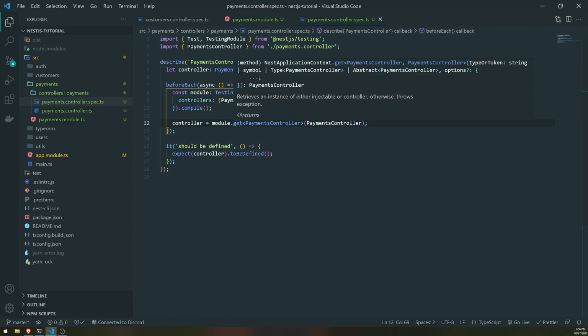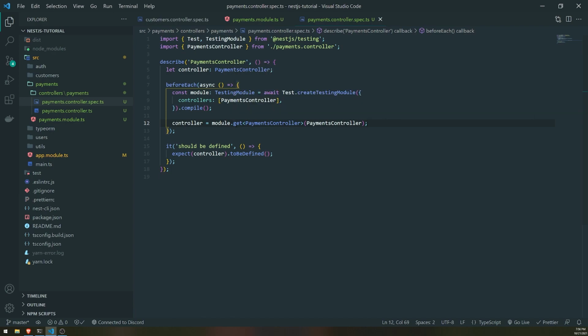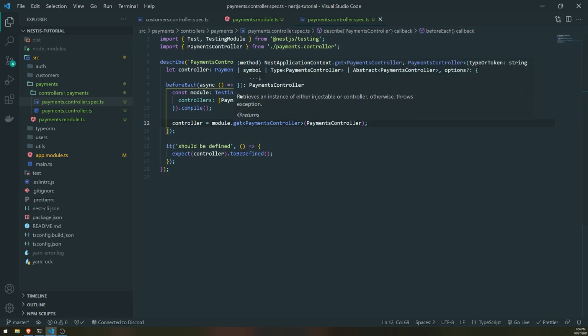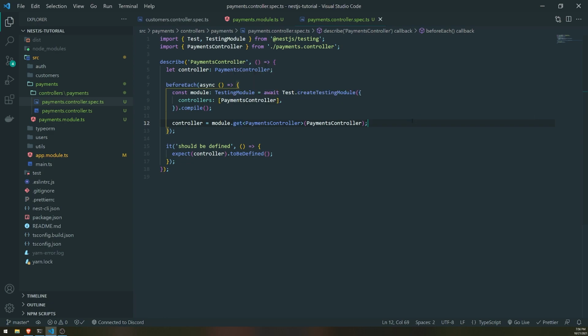And basically, when you call this .get, you can see that this method actually takes in a type or a token, okay? You can either pass in an actual token to retrieve the actual dependency, or you can pass in the type. So you can see right over here, what we're doing is we're passing in the type, so it's payments controller. So what happens underneath the hood is it'll actually look for the correct instance and it'll